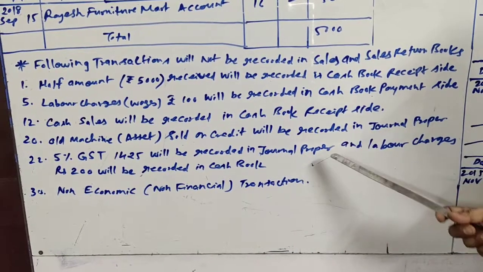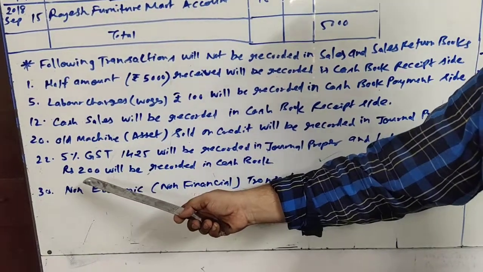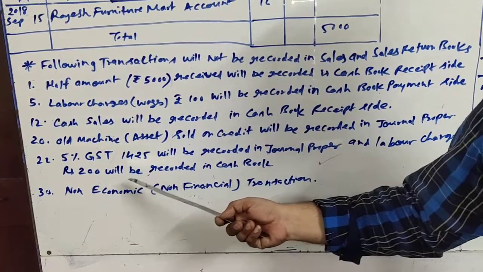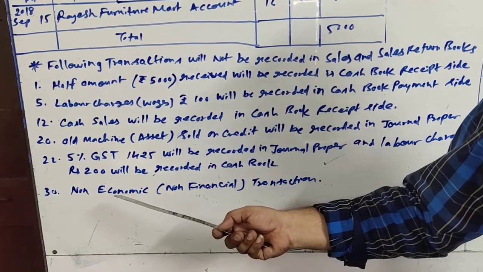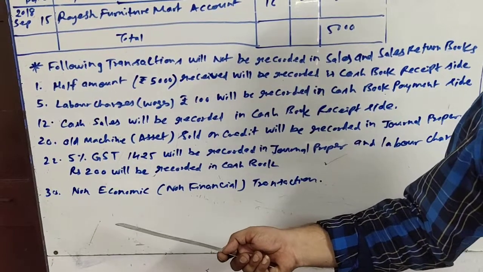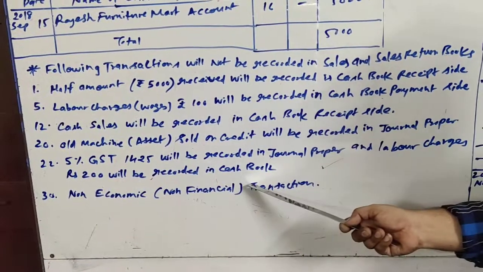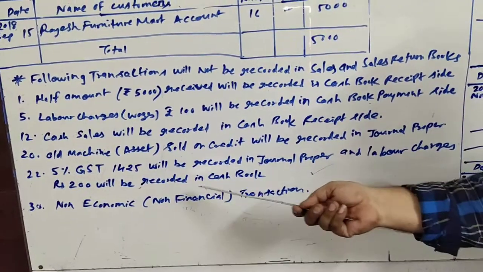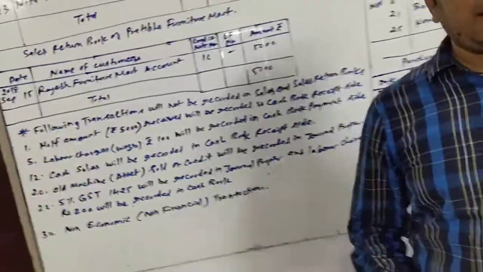Moreover, rupees 200 for labor charges which are added. Again, as I told you before, here we will assume that we are paying those labor charges on his behalf, right? That's why we are adding it in the bill. We are paying, so our cash is going out, and it will be recorded in the cash book. We'll come to know about this in detail when we learn the cash book, the next chapter. Okay, now come to the next transaction.